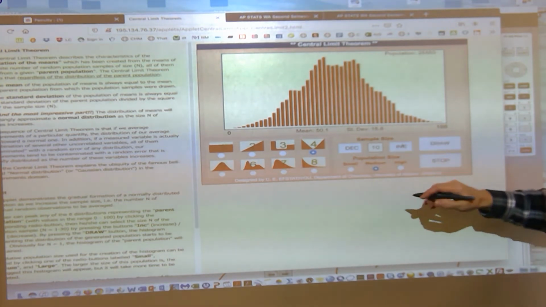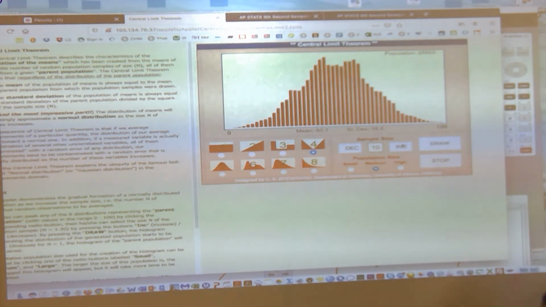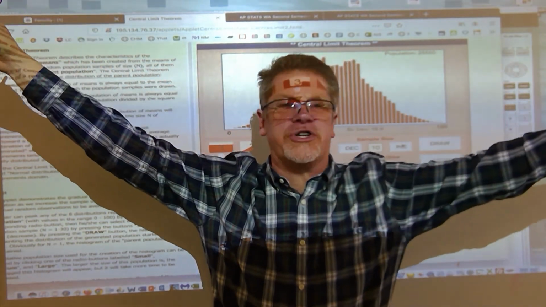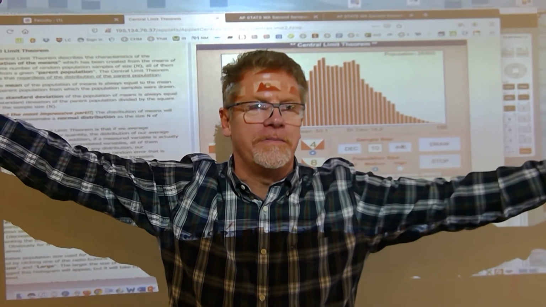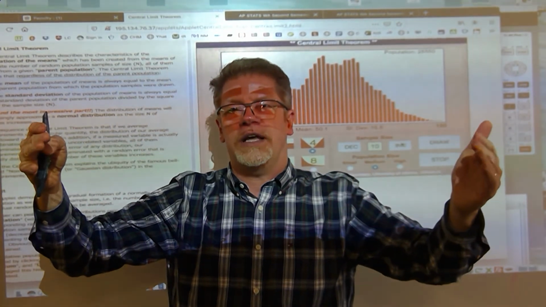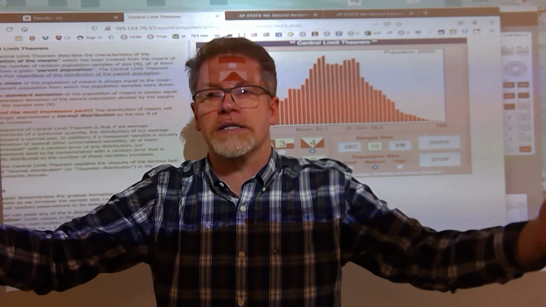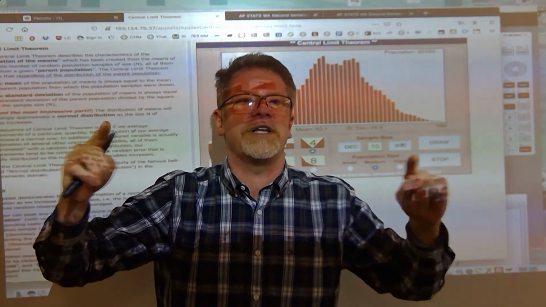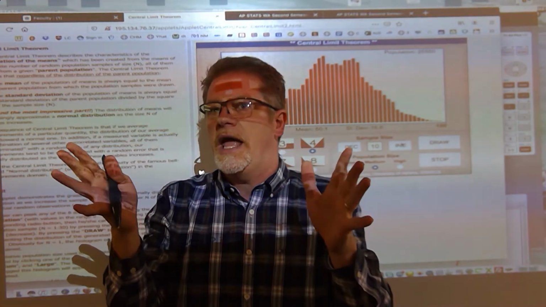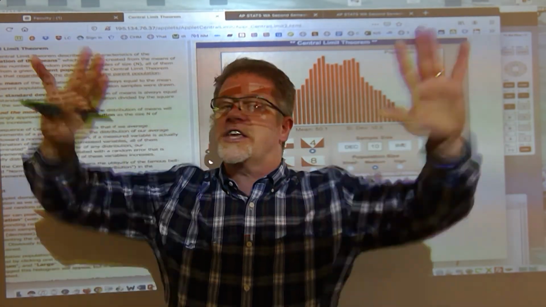Suppose I take samples of size 10 people from this population, even though the shape of the population is nowhere near normal. This is what the mathematician named Laplace proved in the year 1711. Or was it 1811? It was either 1711 or 1811. And the math community was up in arms.